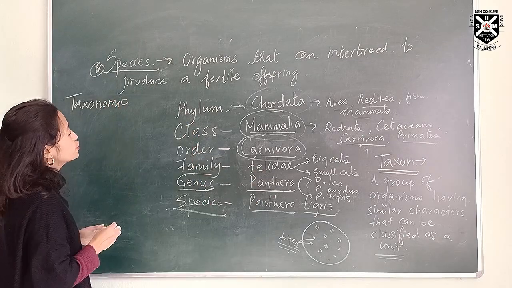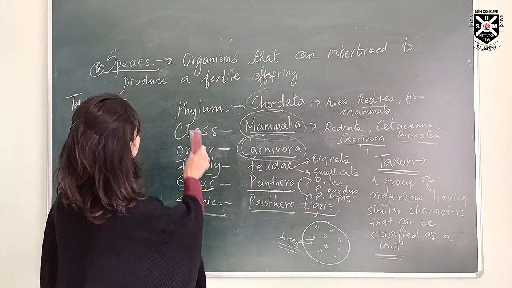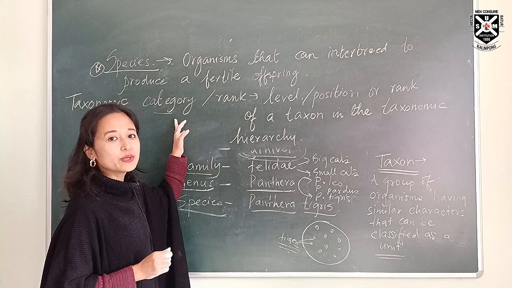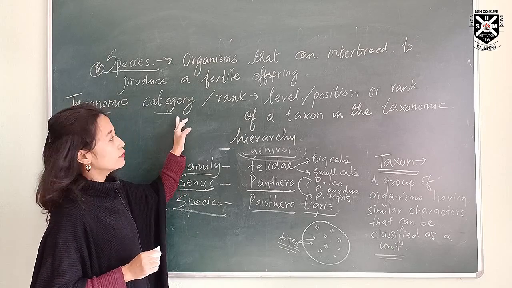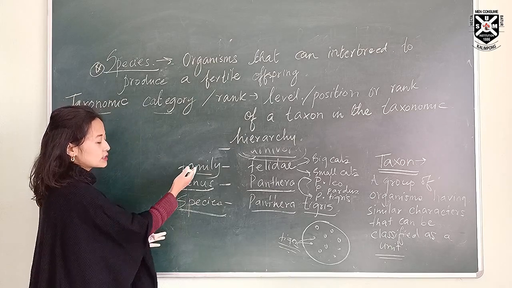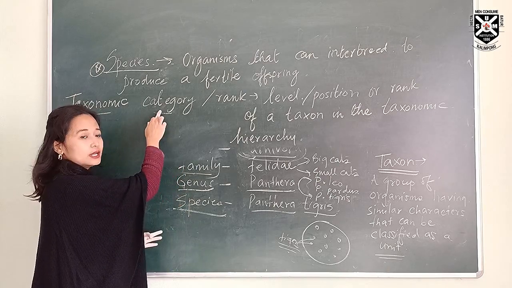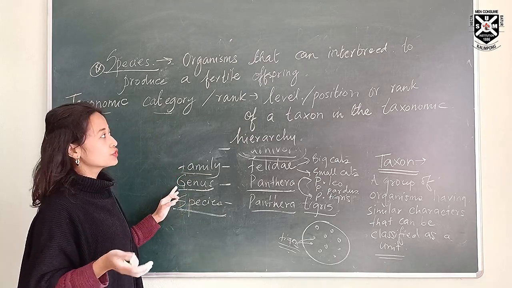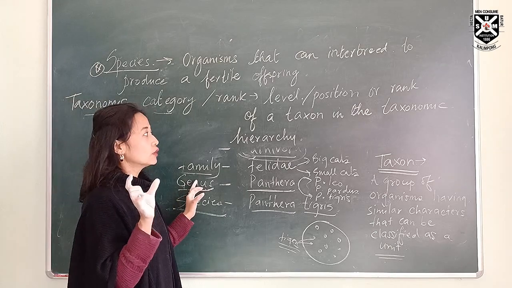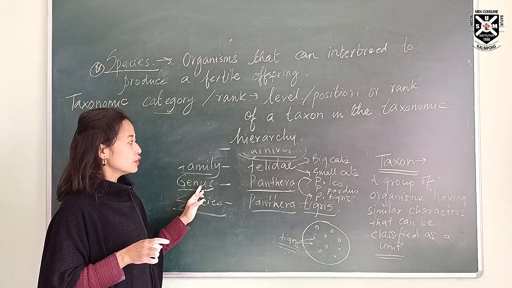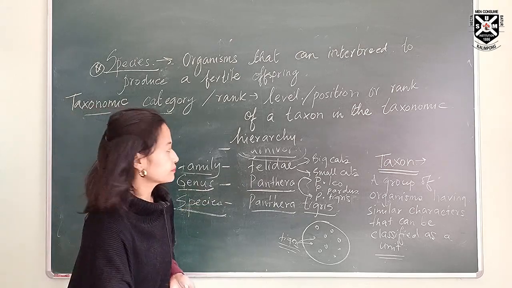Another definition that you see here is taxonomic category or taxonomic ranks. So this taxonomic ranks that we saw here, this is also known as a taxonomic category, and what are those? Those are the ranks or the level or the position of the taxon. All right, so in case of